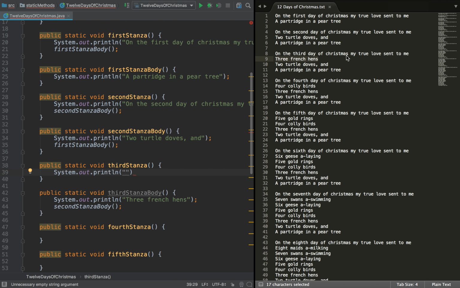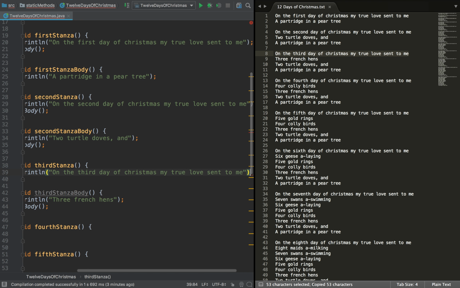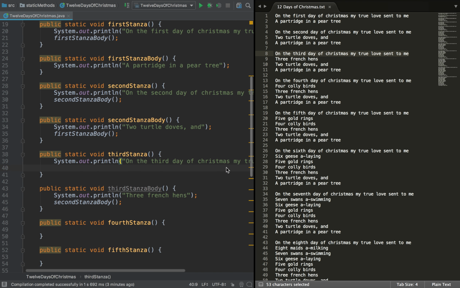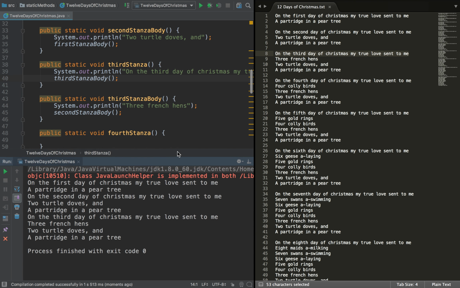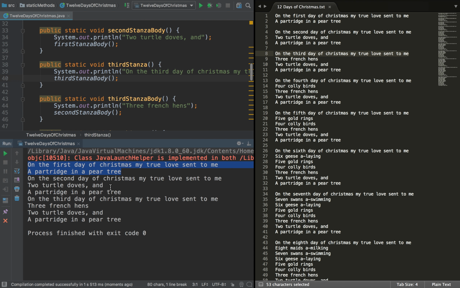And at the top of that third stanza, it's going to be on the third day of Christmas. And a call to third stanza body. So we're building up as we go. So now if we hit run, we see that we have first stanza, second stanza, third stanza, just like we want it, except there's not